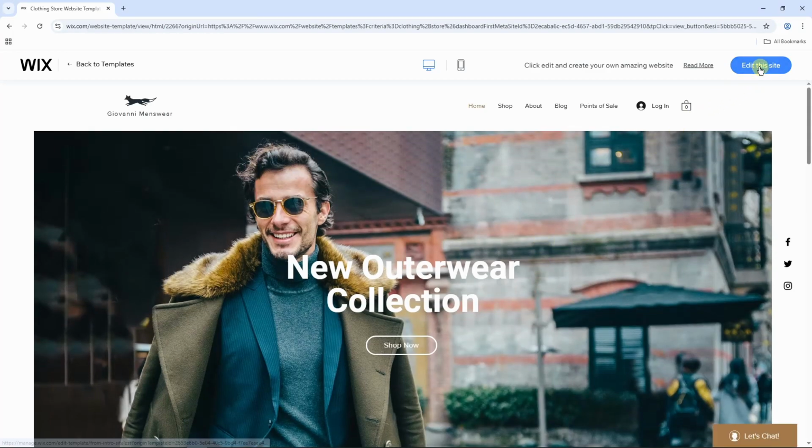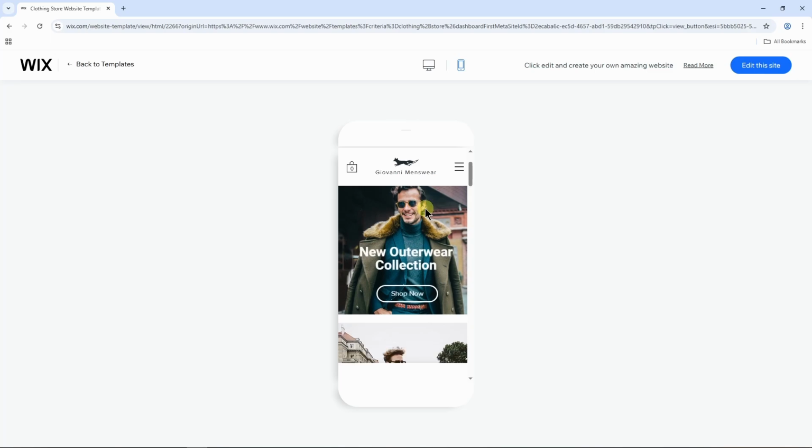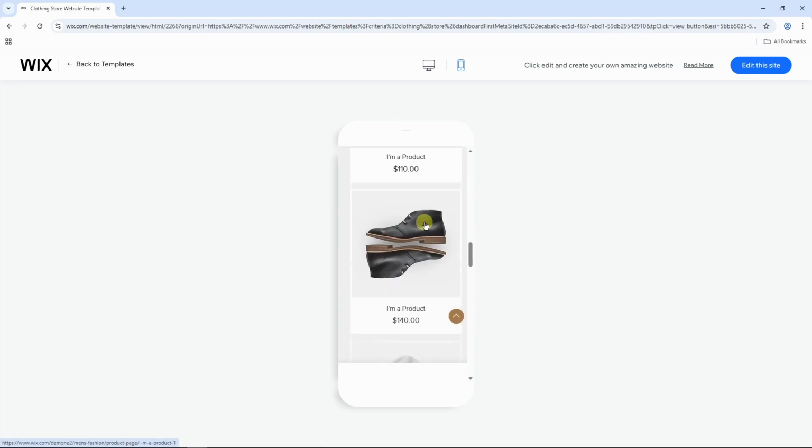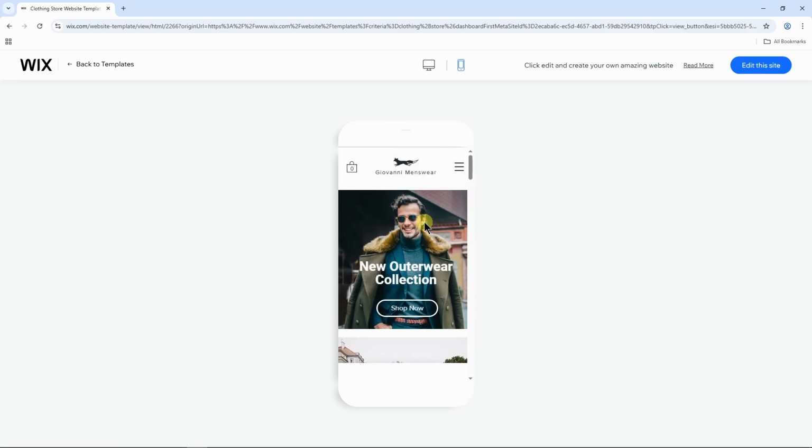Now before we click on edit this site, we need to look at our mobile view as well. For that, click on this mobile icon, and then they will show us the mobile view. So this is the perfect template I need for my website. Now I wanna go for it. For that, click on edit this site,